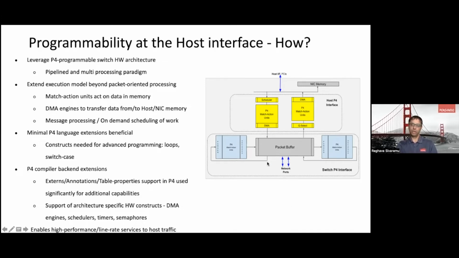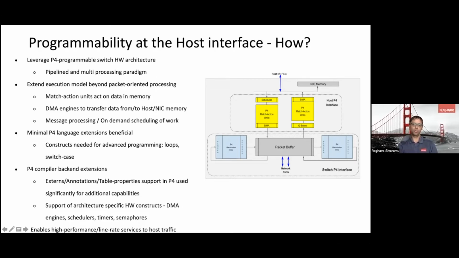network ports. So when it comes to the receive side from the network, once the switch P4 interface has processed and identified the kind of application that needs to be triggered, based on whether a flow is a TCP flow, for example, or an RDMA flow, or some storage or SDN kind of networking services construct, you can demux that particular packet and generate a packet receive event to the P4 pipeline on a specific queue. And again, similar to the notion of a scheduler associated with a queue, you can have a queue associated with a particular packet too, and that queue identifier could be triggered by the switch P4 interface,